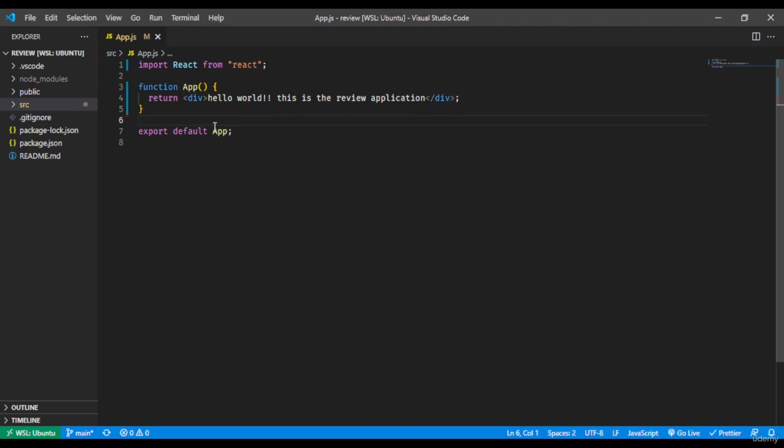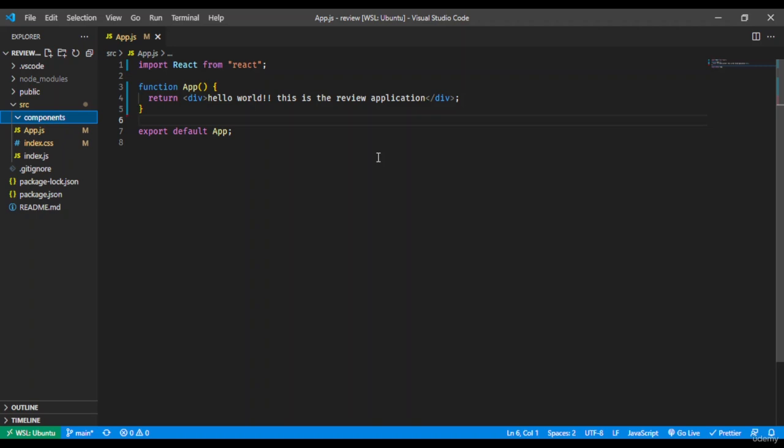Okay, so now we are going to move further and create the components folder and start creating components inside this. The very first thing you need to do is come to the source folder, the src folder, and now we will create a subfolder inside this, and that will be known as components. Inside this there will be all our components, and we can also give styling separately to each